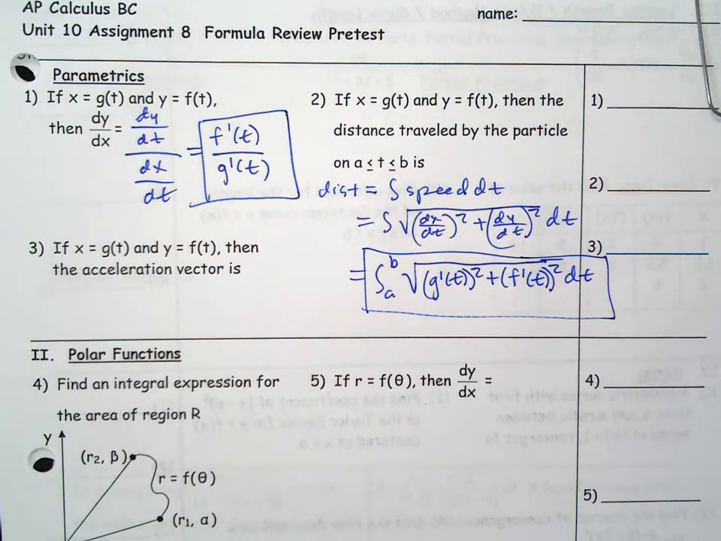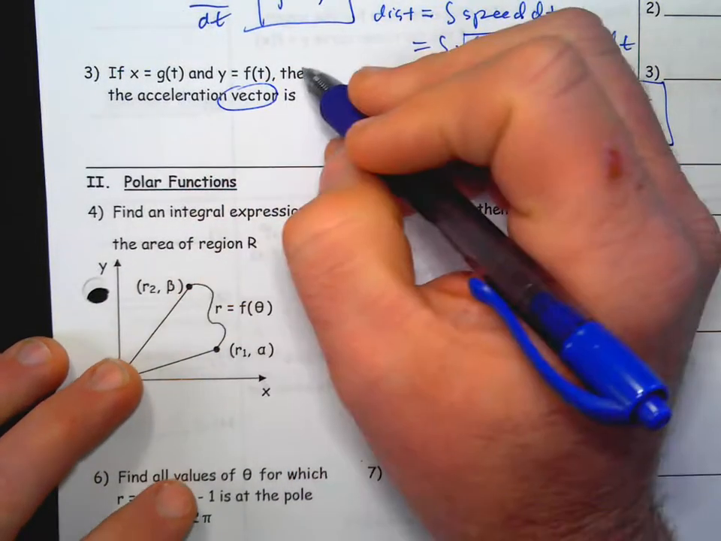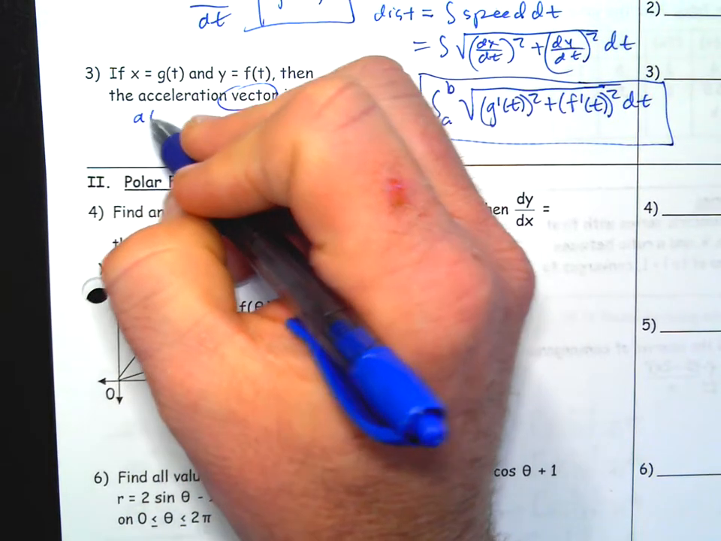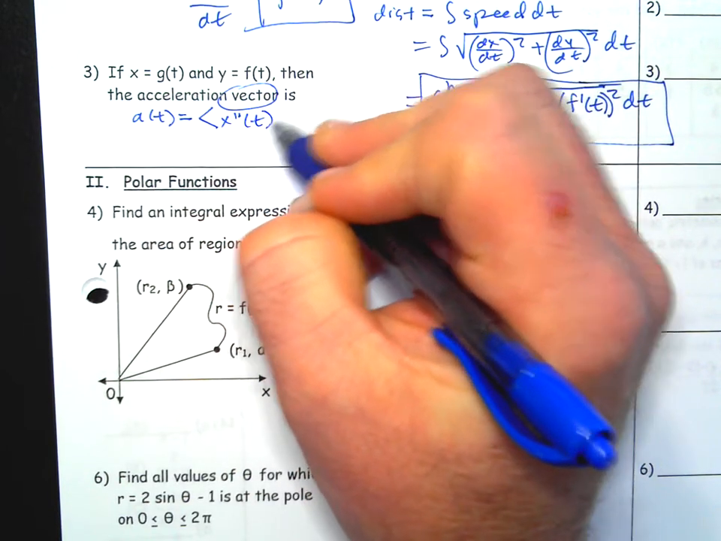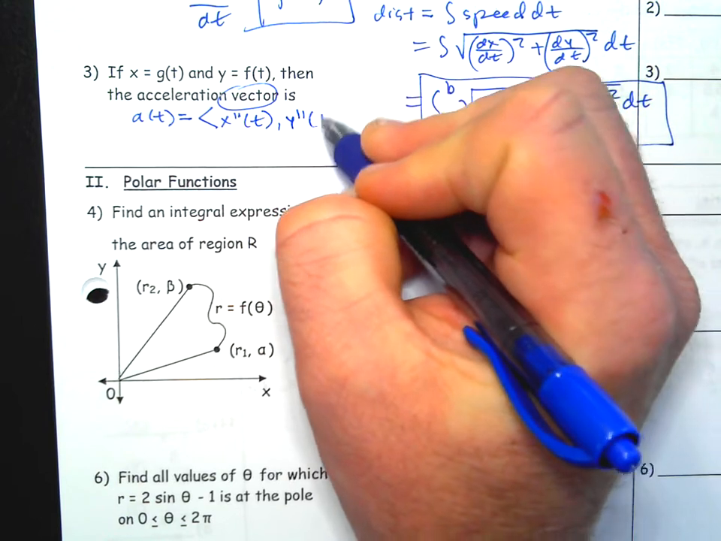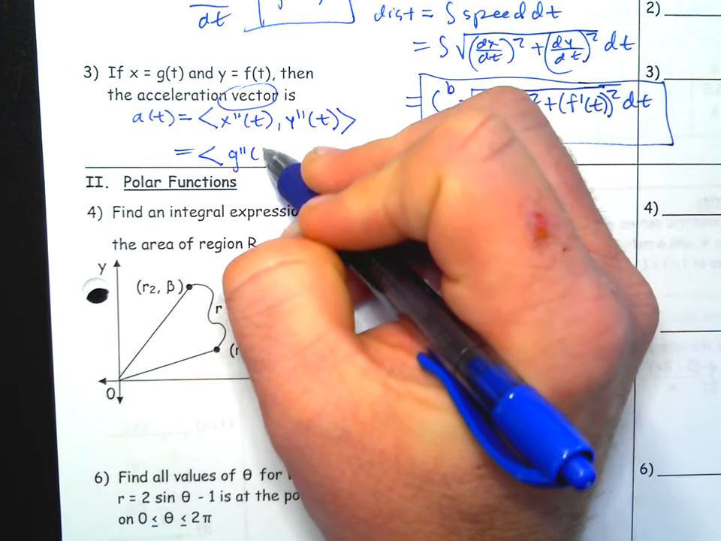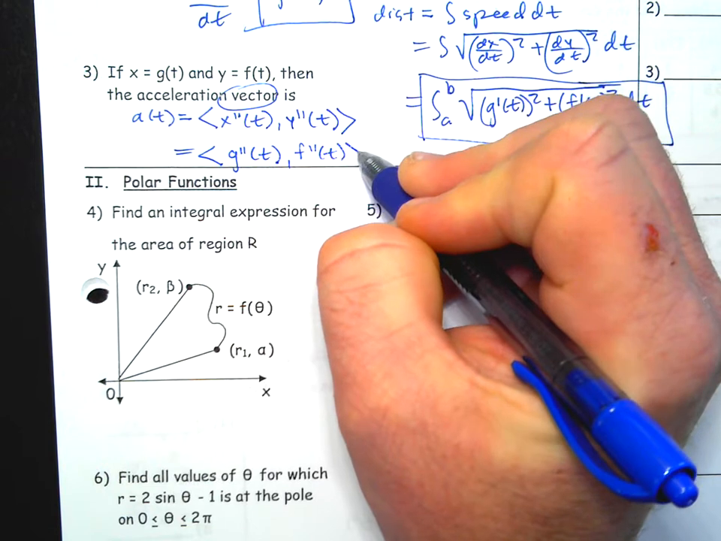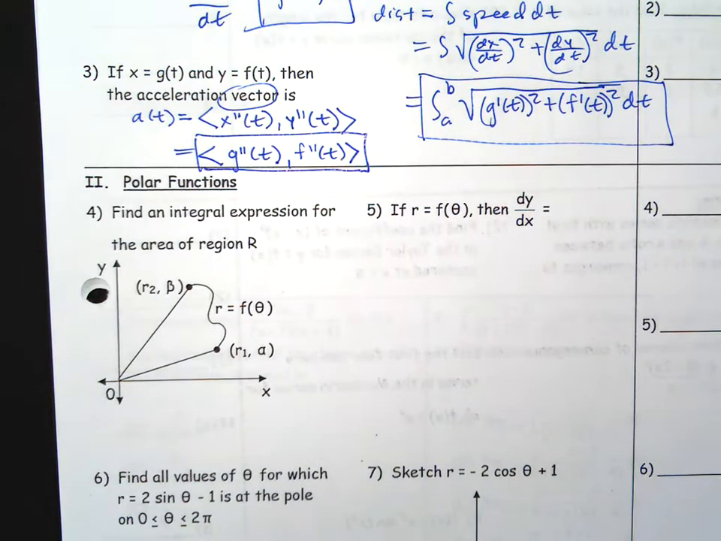If x equals g(t) and y equals f(t), then the acceleration vector is what? The acceleration vector at time t is the second derivative of x with respect to time, comma, the second derivative of y with respect to time. So that's going to be g double prime of t, comma, f double prime of t. They usually like to use these little sharp bracket things,